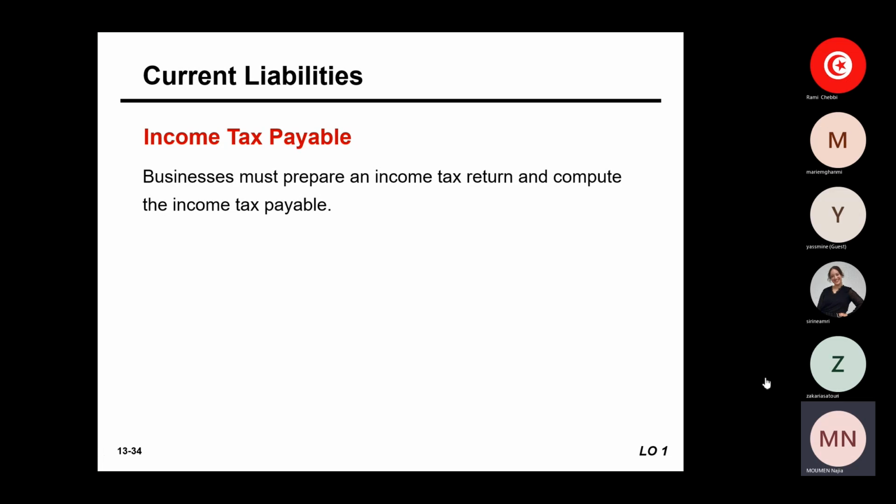As I said, we will just be talking in brief regarding this income tax payable, because we have an entire chapter regarding income tax payable treatment in the second semester. So when we talk about income tax payable, there is a specific treatment, meaning how it will be measured and how it will be accounted for and recorded. But what you should keep in mind is that as a firm, businesses, because accounting rules, accounting standards, are different from tax standards or tax rules.